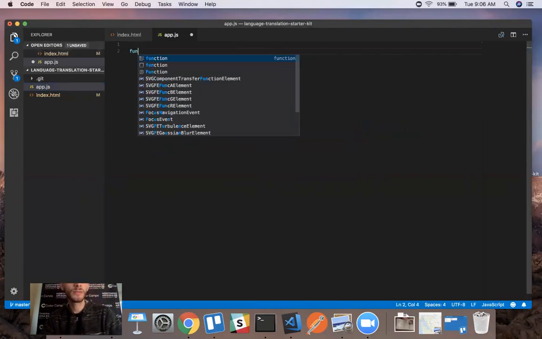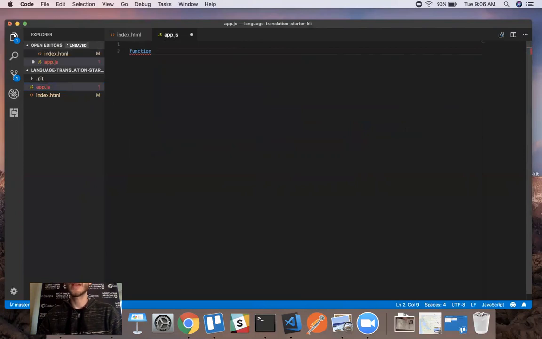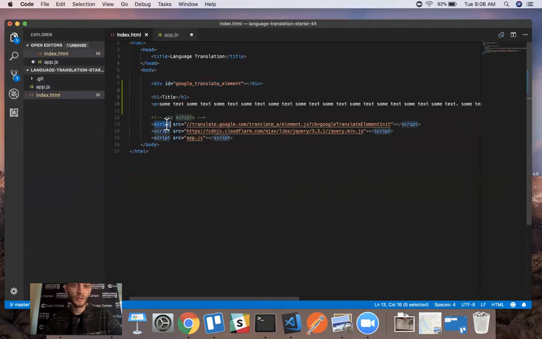Okay, so let's go ahead and label this function Google Translate element init. It's a mouthful. This is a built-in function from our Google Translate API where, when the page loads,